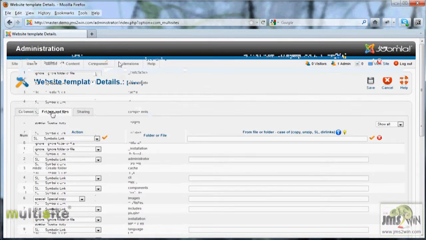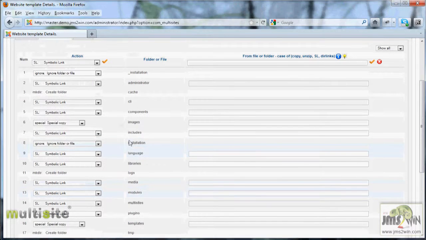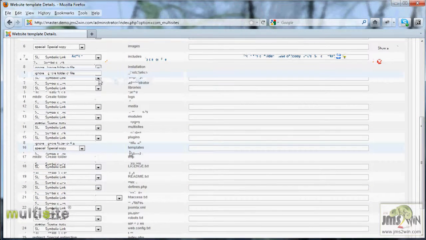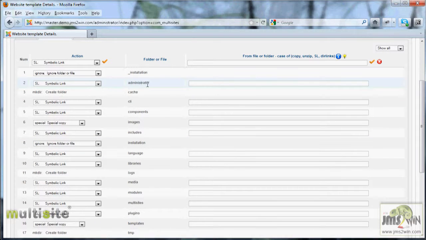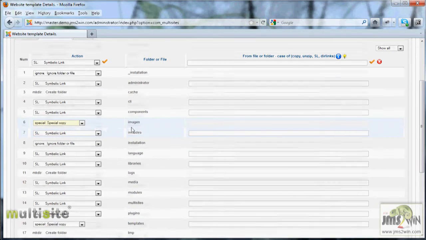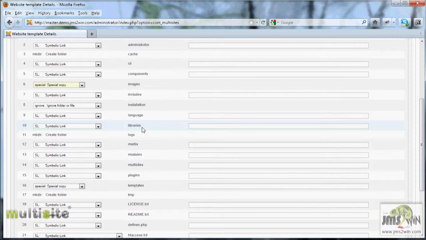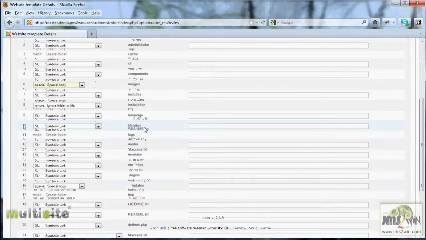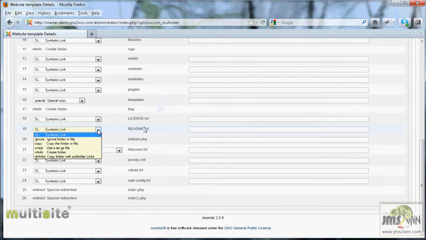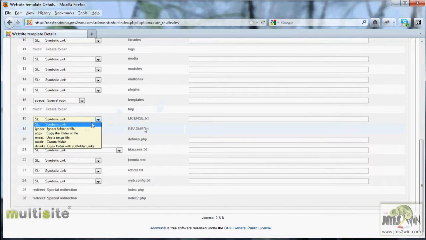So here we propose all the directories present in the master website, and you can decide if you want to share or ignore some directories. So you can decide to, for example, copy the image directory or just use special copy. Special copy is used in the case where you use symbolic links or physical copy depending on the system. So you can review all the things and, for example, say that you want to ignore the README or ignore